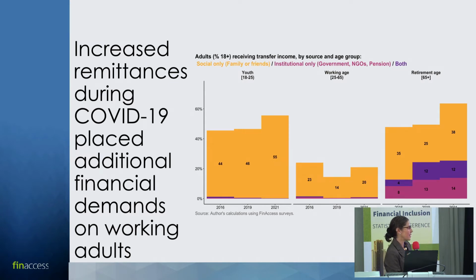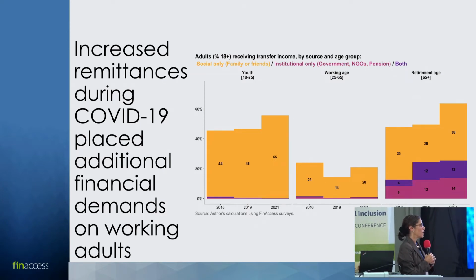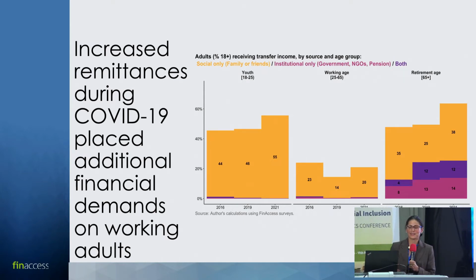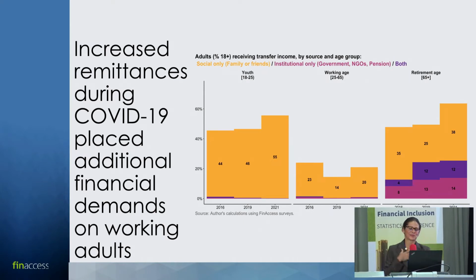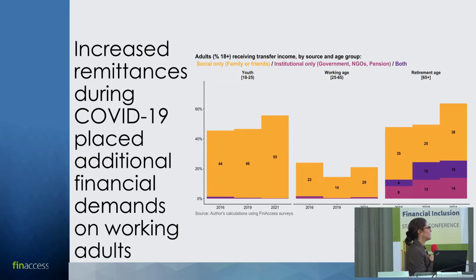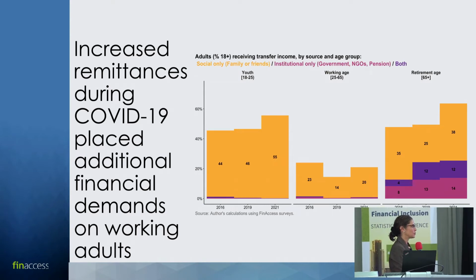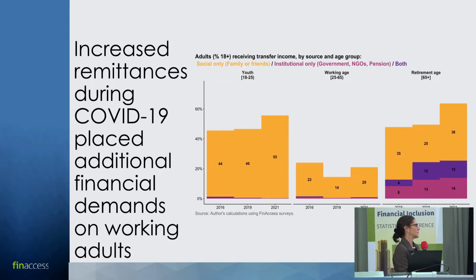But what's so interesting about that, and I think it came out in one of Mariangela's slides, is that those who are retired actually fared the best during the pandemic. We see that there's an increasing access to government social pensions for the retired population. And I think this really underlines a pet project of mine, which is to make the case that social transfers are so important to supporting the conditions, not only for well-being, but also for growth. We've really seen the impact of that somewhat on the elderly population with the older person's cash transfer.